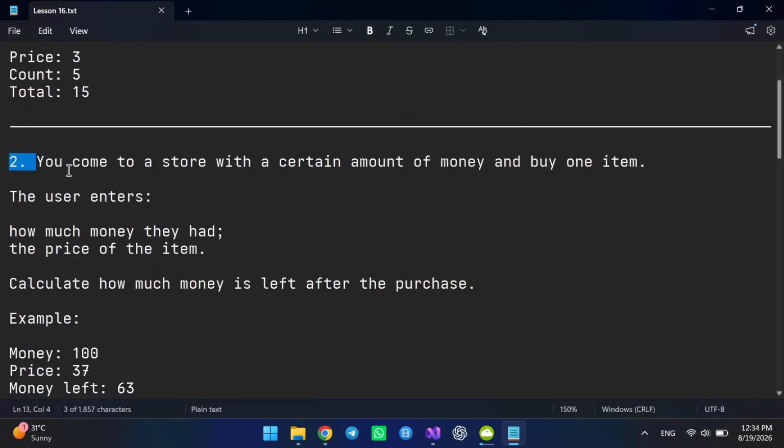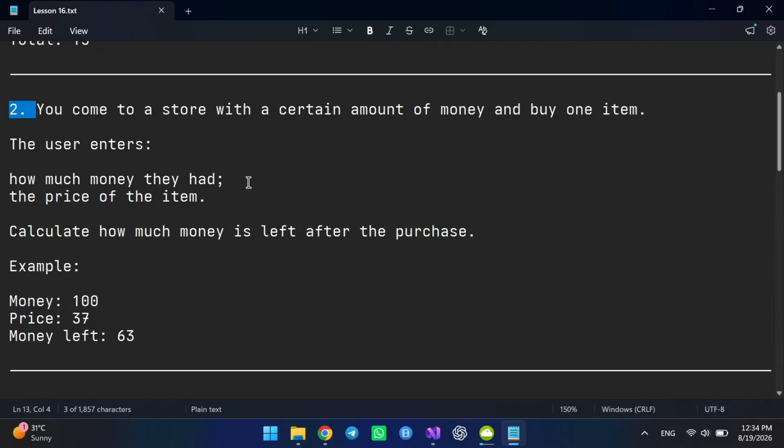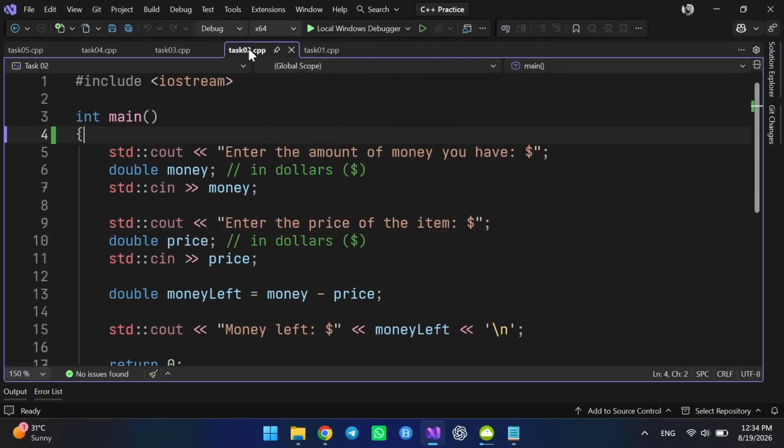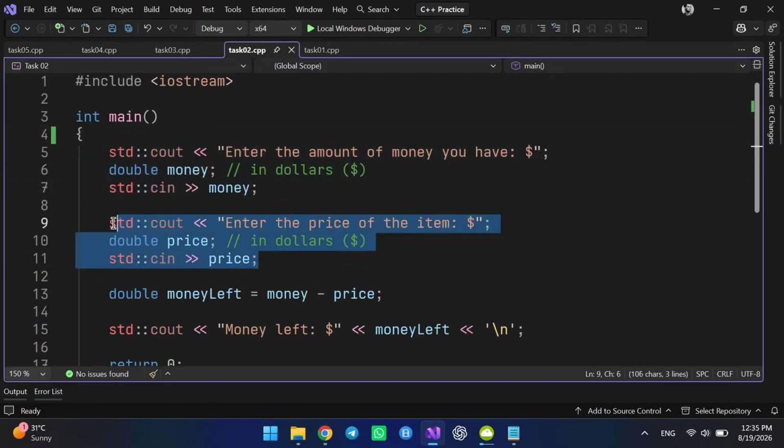Exercise 2. You come to a store with a certain amount of money and buy one item. The user enters how much money they had and the price of the item. Calculate how much money is left after the purchase. For example, this. First, we need to enter the amount of money we have and then the price of the